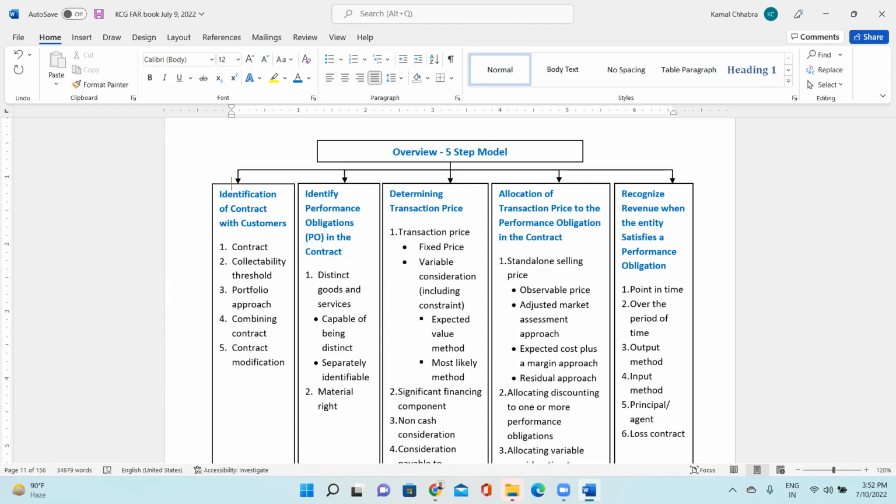Against those $50,000, what is the responsibility of General Motors for you? To deliver your car, give you 1 year insurance, give you 1 year warranty. If you buy an extended warranty, then give you the extended warranty. And if you buy an accessory, give you the accessory. These are the 5 performance obligations from their side for the $50,000 which they have received from you. Make sense? So that is called identification of performance obligation in a contract.